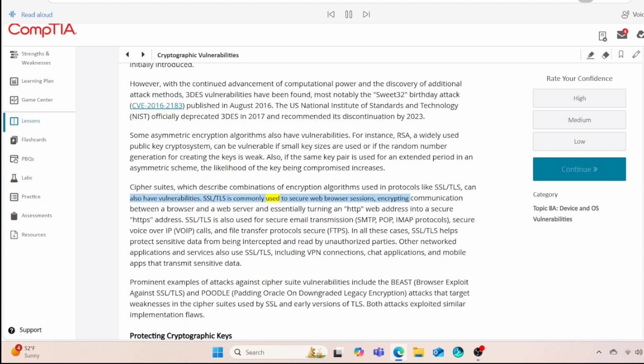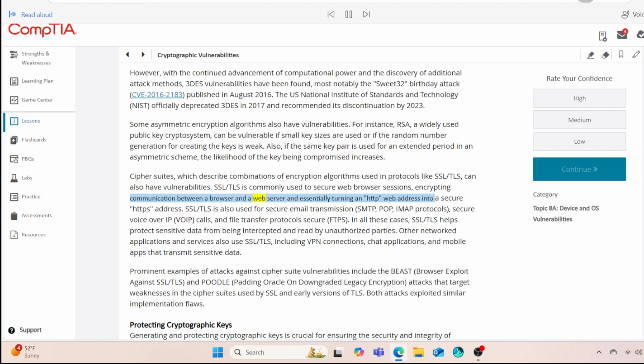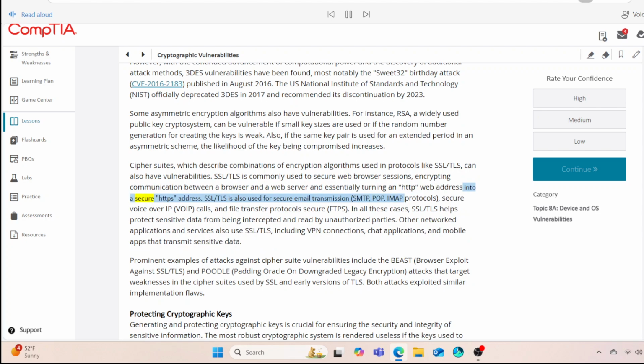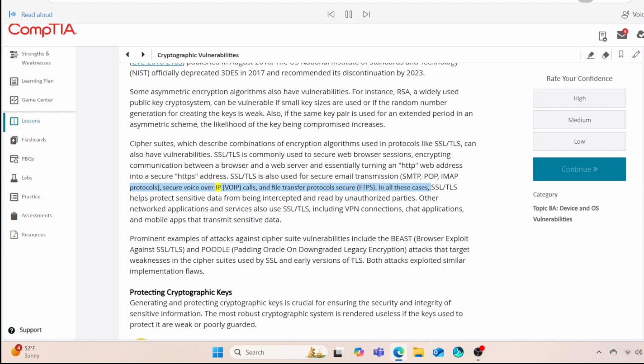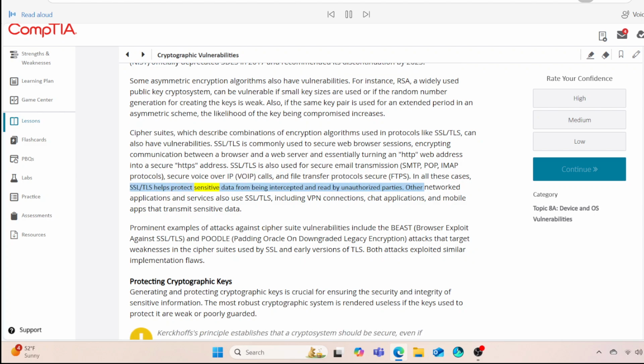SSL/TLS is commonly used to secure web browser sessions, encrypting communication between a browser and a web server and essentially turning an HTTP web address into a secure HTTPS address. SSL/TLS is also used for secure email transmission (SMTP, POP, IMAP protocols), secure voice over IP (VoIP) calls, and file transfer protocols (secure FTPS). In all these cases, SSL/TLS helps protect sensitive data from being intercepted and read by unauthorized